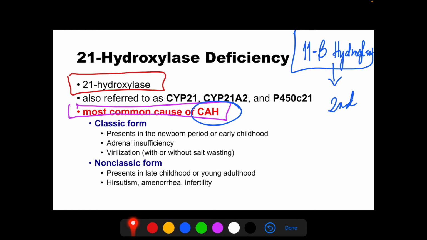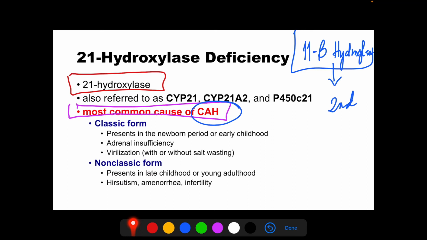And remember, in the pathway that we have just tackled, 21-hydroxylase catalyzes the conversion of 17-hydroxyprogesterone, or the 17-OHP, to 11-deoxycortisol, right? And also progesterone to DOC. So that's why the 21-hydroxylase deficiency